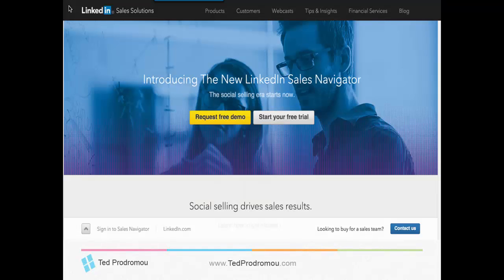And here's the Sales Navigator. They're making a big push for this, and it's actually a great tool. So I've been enjoying it. I can actually follow certain companies that I'd want to get into. Then you follow certain people. You save them as leads, and every time they post, I get a message, so I can go over, like, comment, and share it, or interact with them whenever they do that.